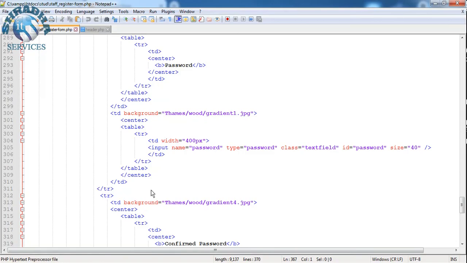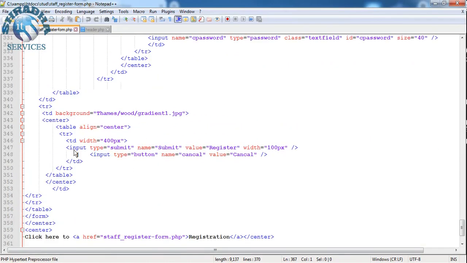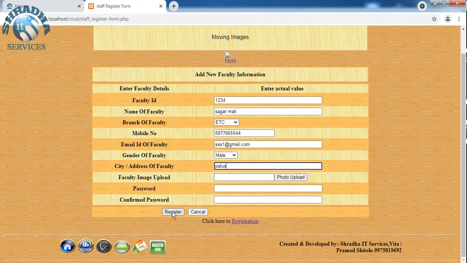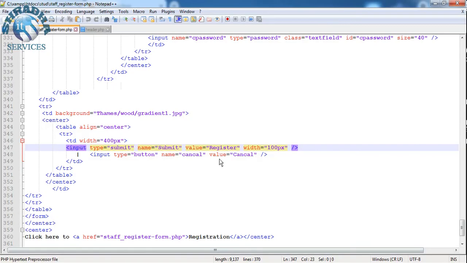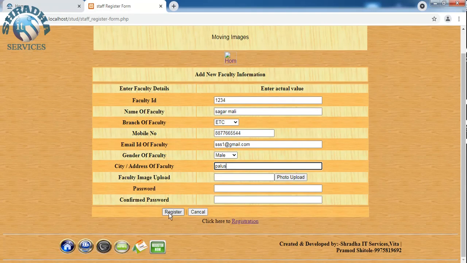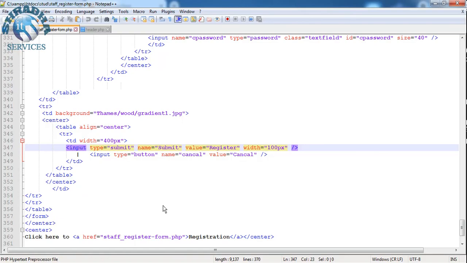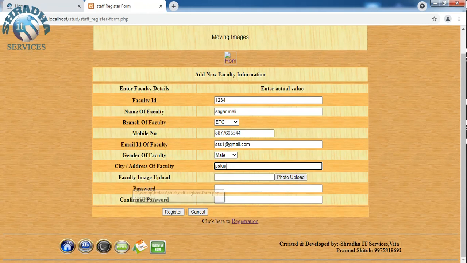So what is the code for that button? Input, you simply give the type submit, name submit, okay. Value, that means register, that means this label appears there, whatever label you want to display there, give it inside this value. And there is another button, submit and cancel, two buttons are used, okay. So again the type is button, name is cancel, value is cancel, okay. You can write button or submit,